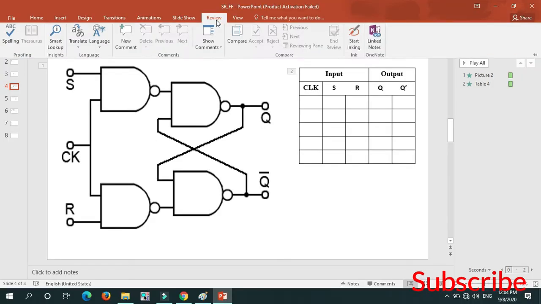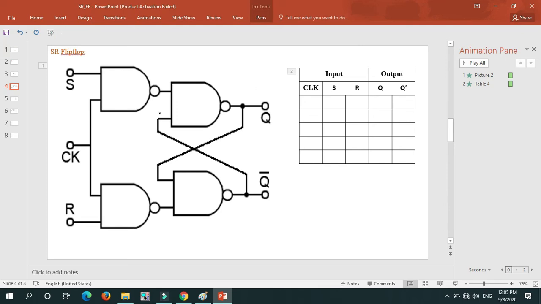Initially I will give S as 0, R also as 0, and clock as 1. Let me number the gates: this is 1, this is 2, this is 3, and this is 4.